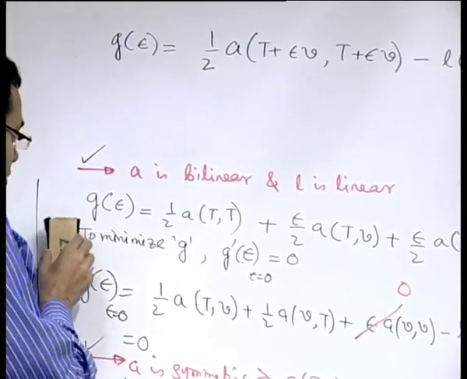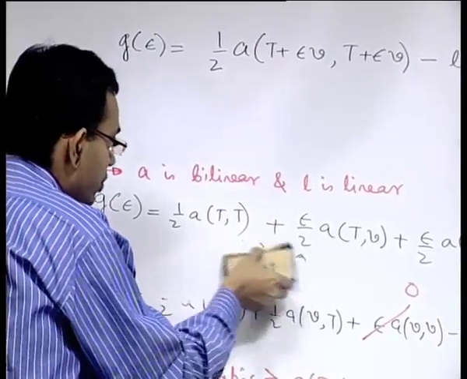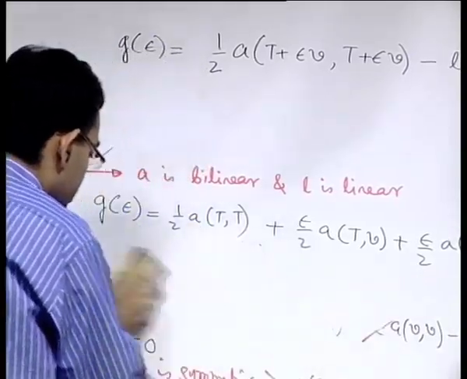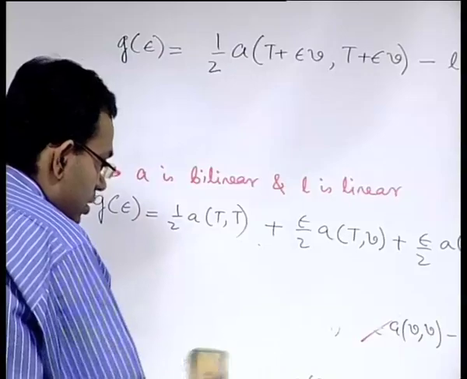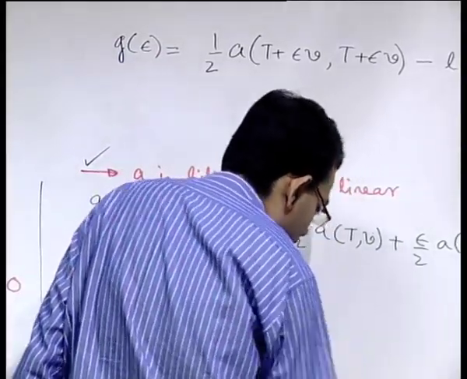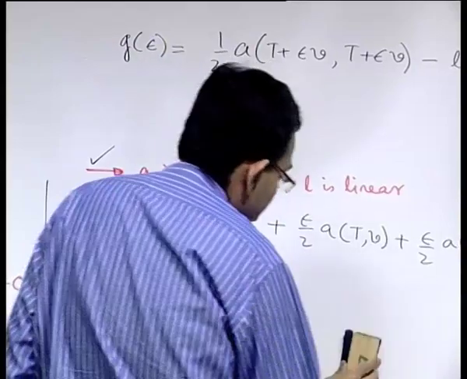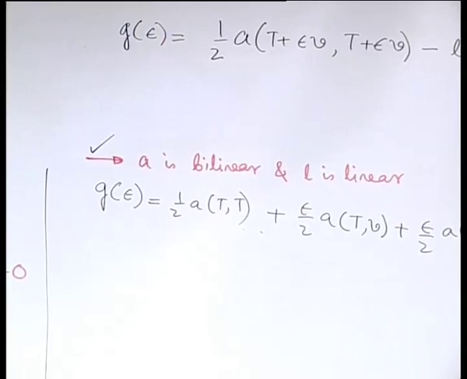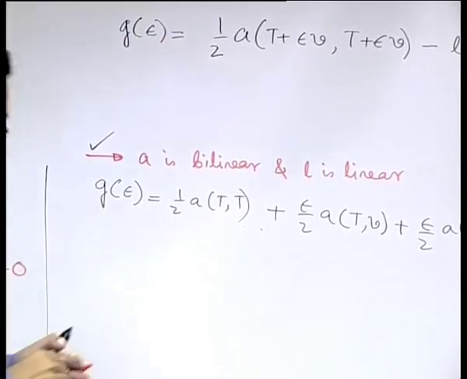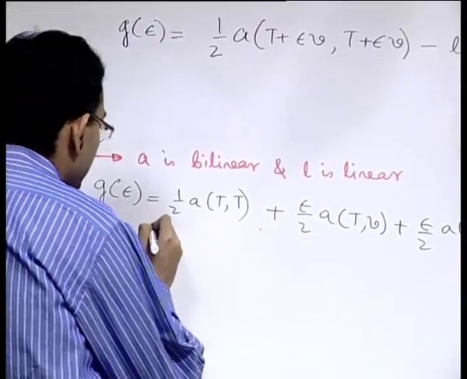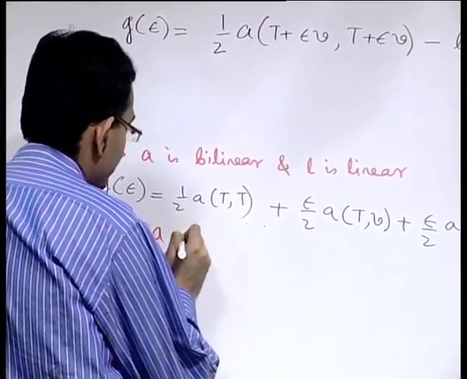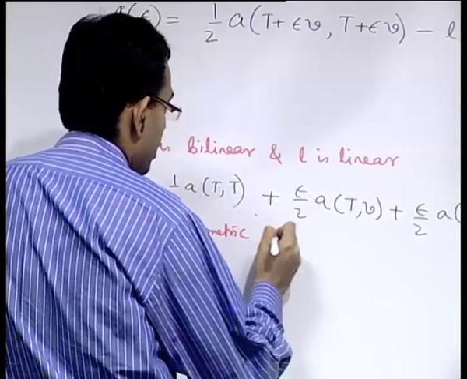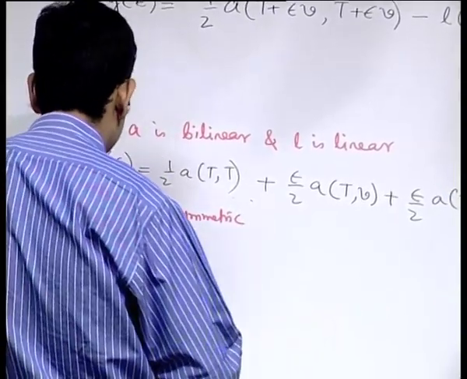So to do that, we will start with this G epsilon. Now we have utilized what conditions: that A is bilinear, L is linear, and A is symmetric. So we considered A as symmetric, that means you can write G epsilon